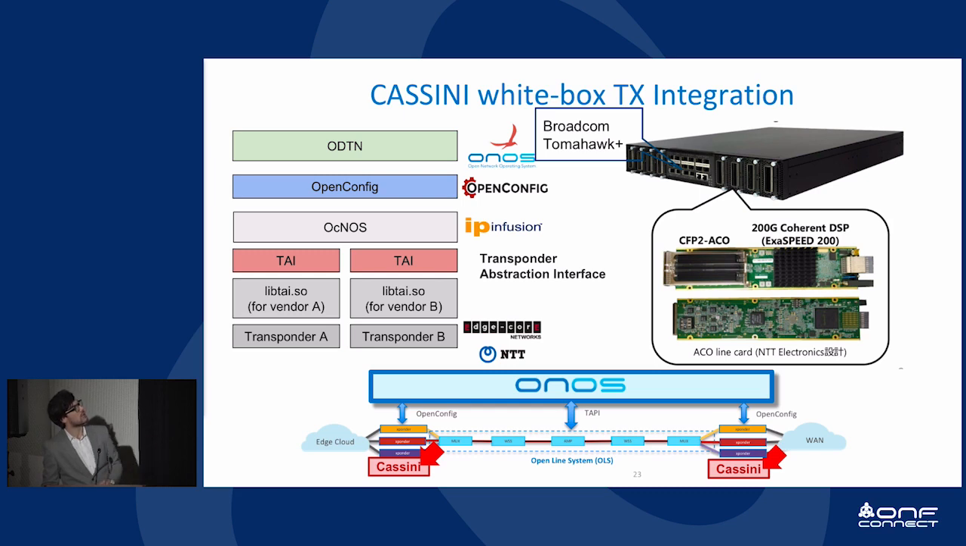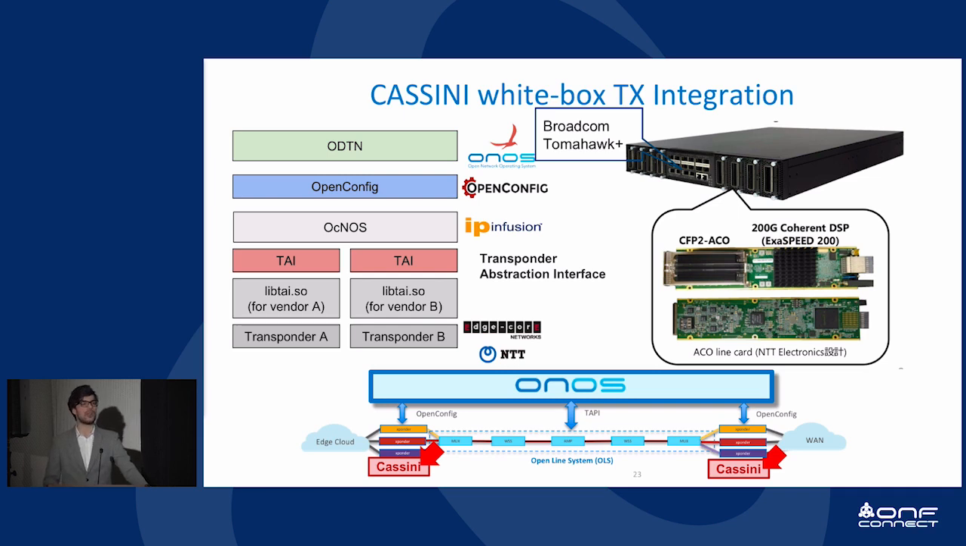So just as something that we have done in the past few weeks, and I want to talk about, and we have a demo of it, we have also integrated the first white box transponder with CASSINI, thanks to EdgeCore that makes the device, and IP Infusion, who makes a little bit of the ONOS software in there. But what I really want to point out here is that we're also using Telecom Infra Project